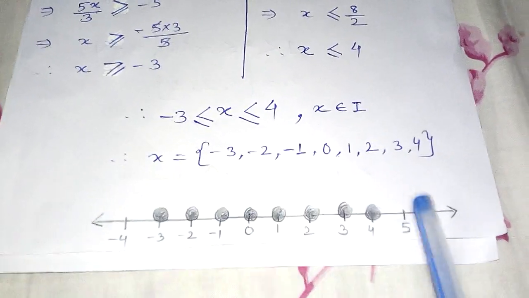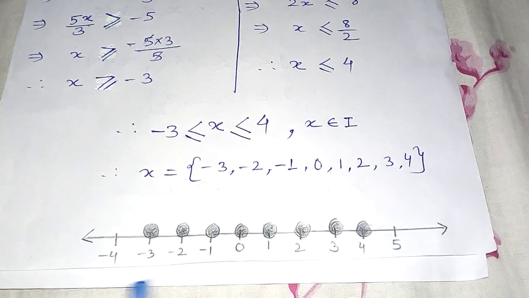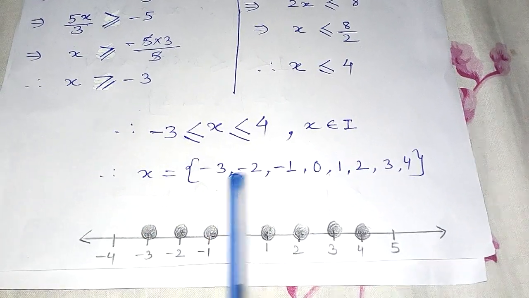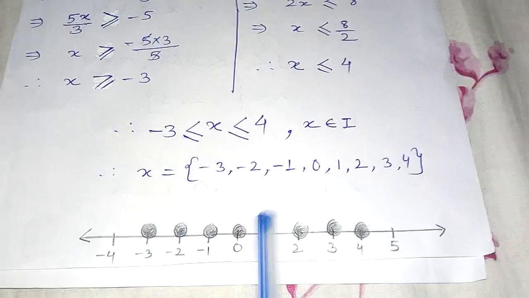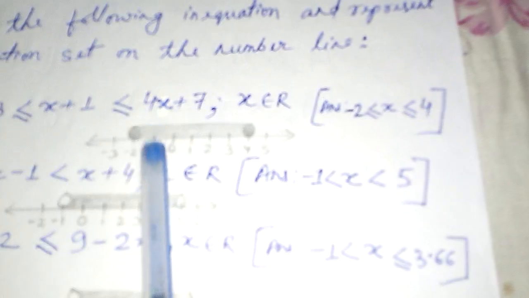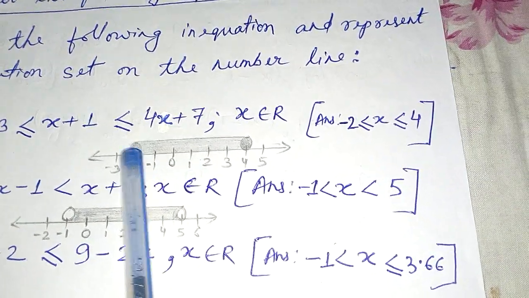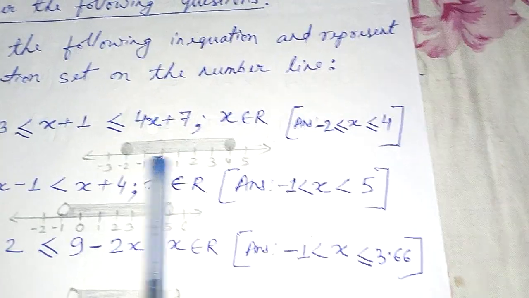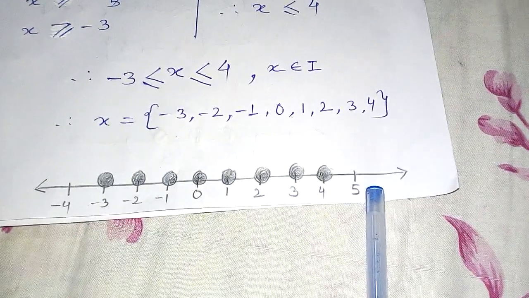And now when we plot, you can see the difference between the last video and this one, that the number line is different. Here for every number we have to put a circle and make it dark. In the last video you could see this kind of diagram: one circle at one border, the other circle at the other border, and join them and then make it deep like this. But today it is not like that. Every number will have a circle.